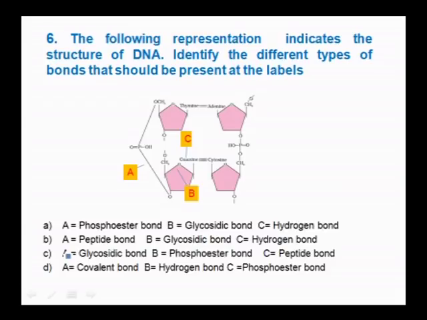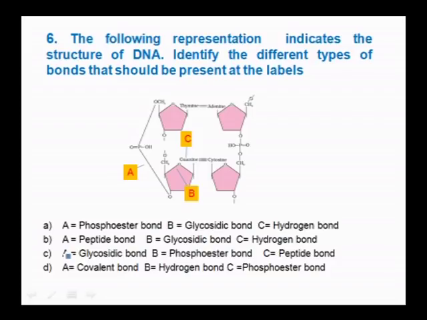Label A is indicating a bond extending between the pentose sugar and phosphate group. We call it as phosphoester bond. Label B is indicating a bond between the pentose sugar and the nitrogenous base, that is extending from the first carbon. We call this as